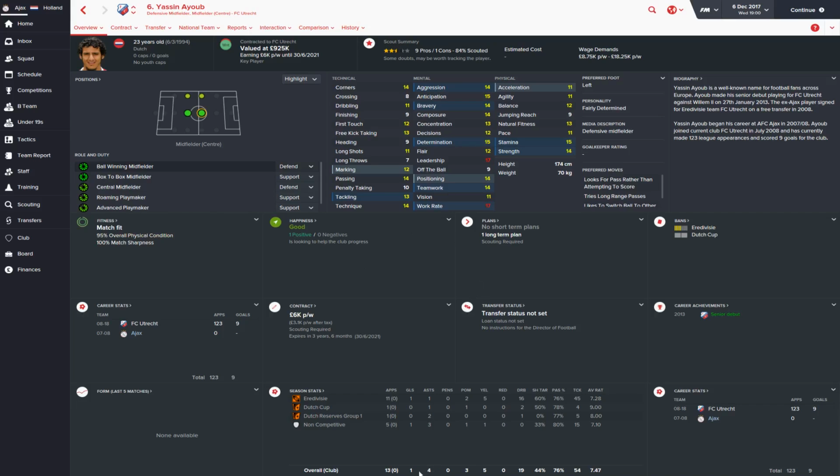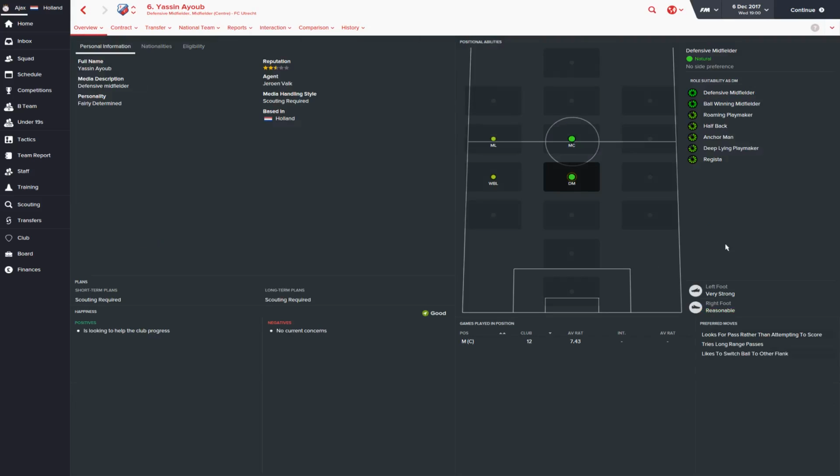But then if we actually look down here, he actually does have 4 assists in 13 games, which is interesting. So definitely someone we'll keep an eye on further down the track. Another thing we look at here is the strength of his feet. So he's weaker on his right foot, so we could potentially show him onto his right foot to hopefully maybe